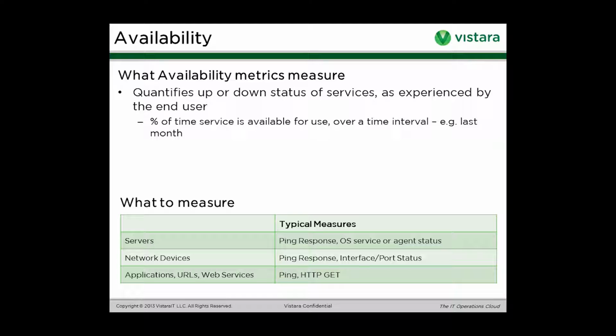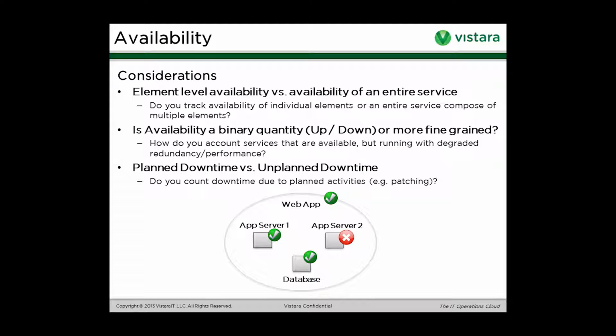Network devices, you would again look at ping, or you look at the status of your interfaces, your ports. For applications, again, you look at if the web service is responding, if the application responds to your API calls. Simple, basic, is the thing responsive? Is really what goes behind measuring availability. So at the conceptual level, availability is simple. But to get into some more of the practicalities of measuring availability, there are some nuances that I'd like you to be aware of. Let me just run through a few of those nuances,